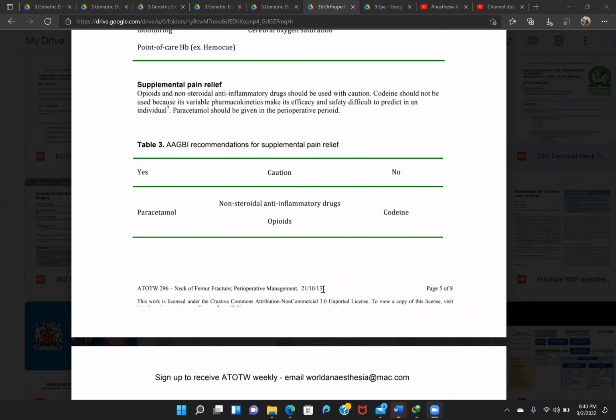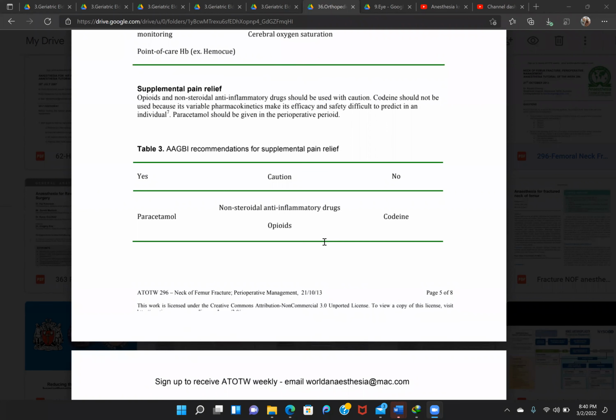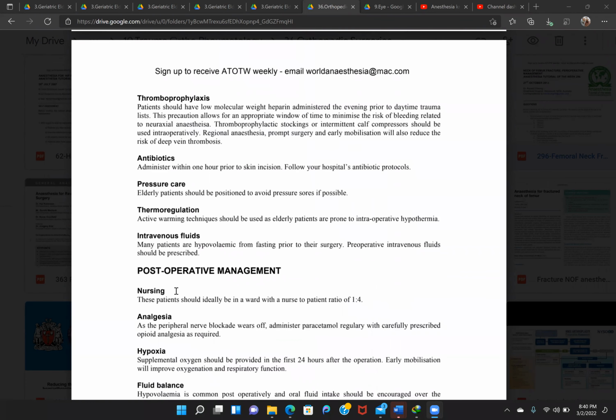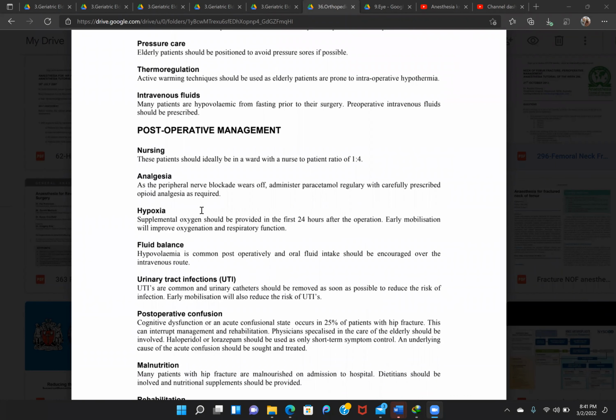If you are giving general anesthesia, you should have a good multimodal analgesia, with paracetamol and with NSAIDs. If you are not having any renal involvement in that patient, there is no contraindication to use NSAIDs, but you should be careful. If you are dealing with an elderly patient, you can expect a decrease in renal function. We have discussed these common things in our first discussion, like thermoregulation, pressure care, antibiotics, and you will be considering the same things in the post-operative period.